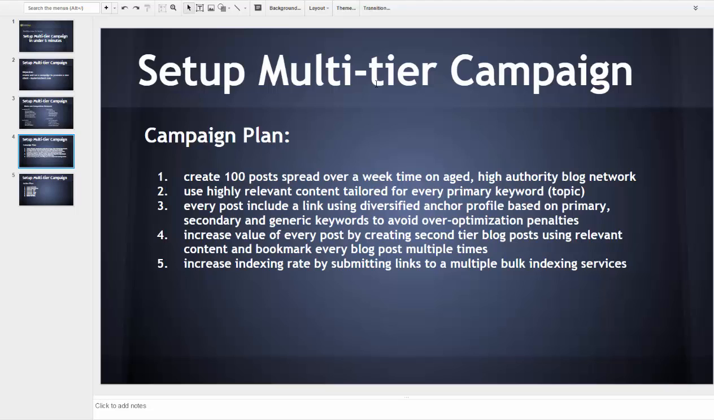After identifying the niche's primary and secondary keywords, I create a campaign plan. I will create 100 posts spread over a week's time on an aged high authority blog network. I will use highly relevant content tailored for every primary keyword or topic. Every post will include a link using a diversified anchor profile based on a combination of primary, secondary, and generic keywords to